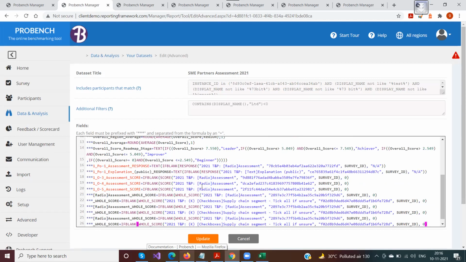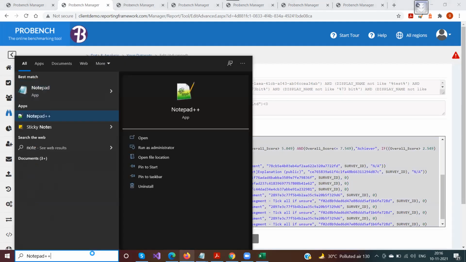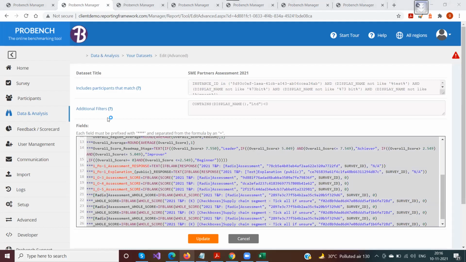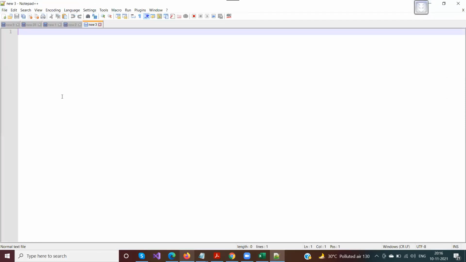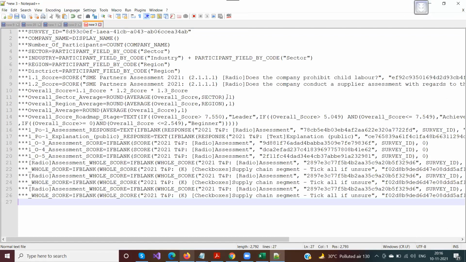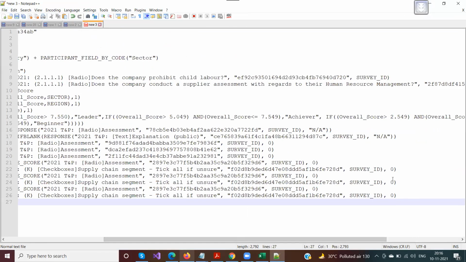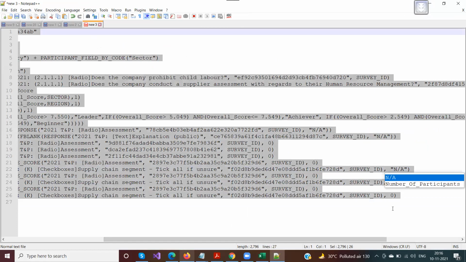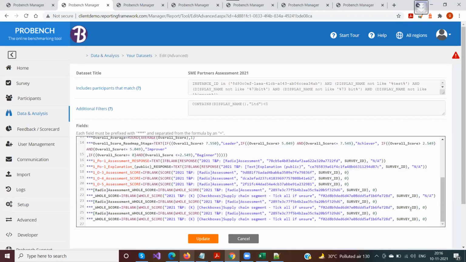Or say you want to change all these zeros to ns, then what you can do is copy all these things. I can take it into a notepad and replace the things. Here I'll go and replace all these zeros, from search and replace or whatever I want to use, and I'll just copy again and paste it here. So all the changes would be there, and then click on update.